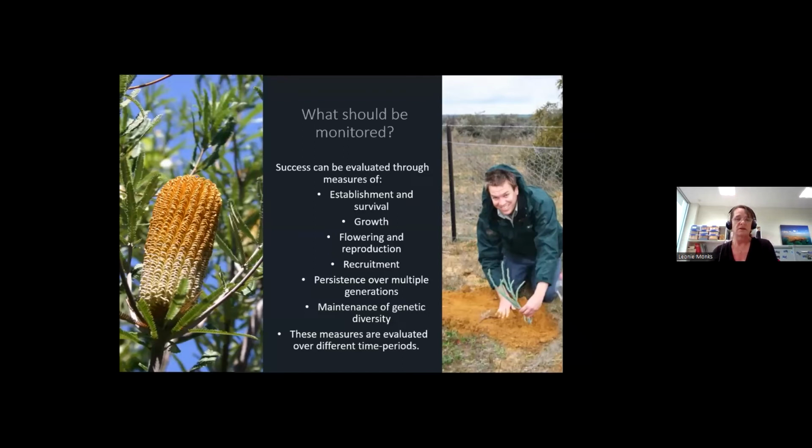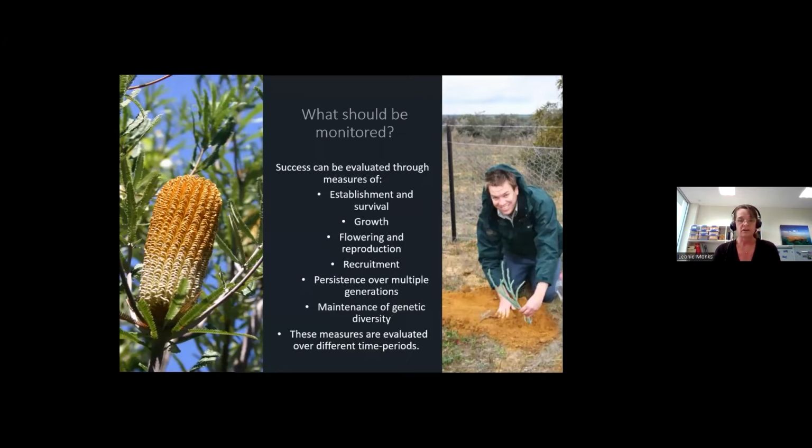And the types of things that are monitored are many and varied, but there's lots of things you can consider monitoring in order to evaluate the success of your translocation. So frequently they include things like survival and establishment. Sometimes they might include growth, reproduction, such as flowering, fruiting, production of viable seeds. It might be the time to first reproduction, or recruitment of a second generation, so whether seedlings are produced or whether there's any asexual reproduction occurring. And then also things like survival and growth of second generation plants, and when they get to maturity as well.